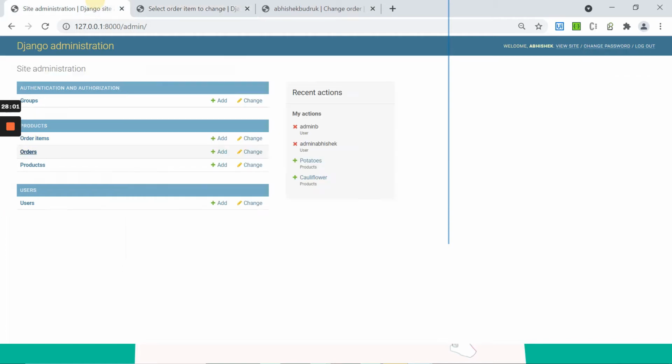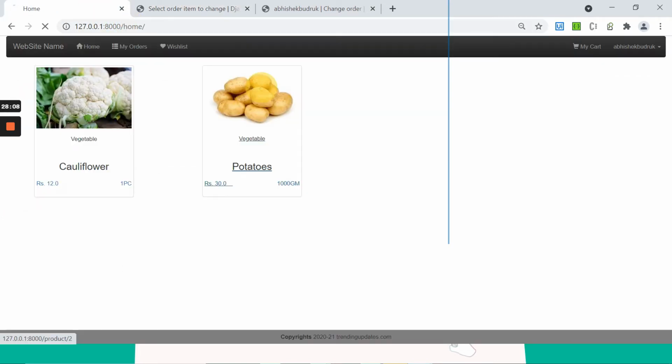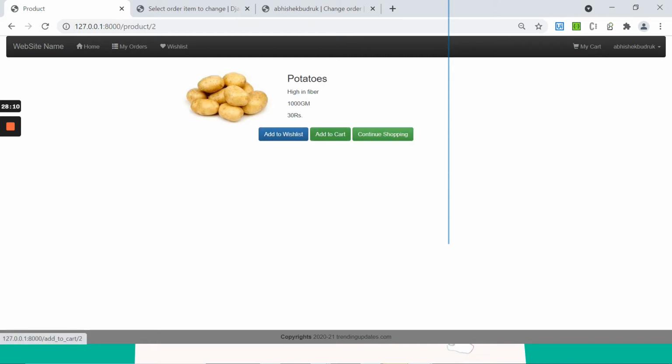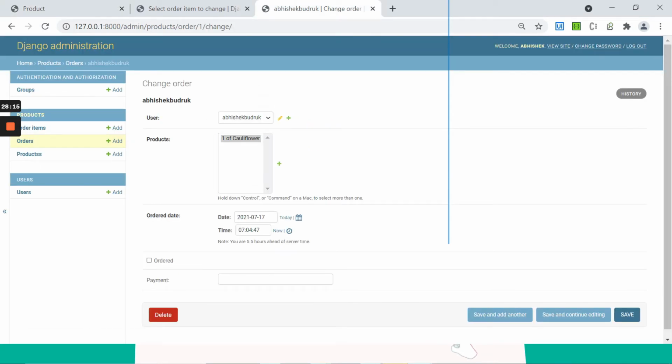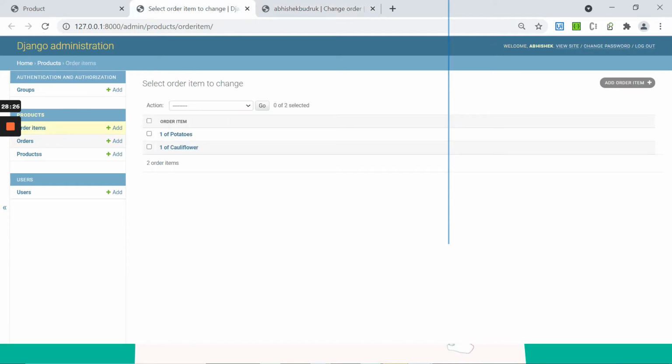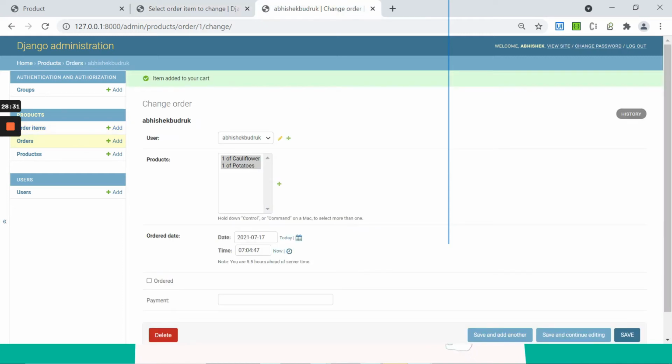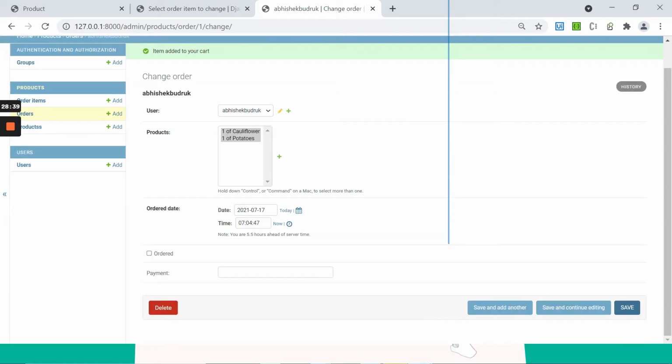Now suppose I go home and add the potatoes also, add to cart. Then whenever I refresh this, you can see one potato and one cauliflower, which is the order item model, and this is the exact order item. These many orders are placed under this user, and the order date is this.